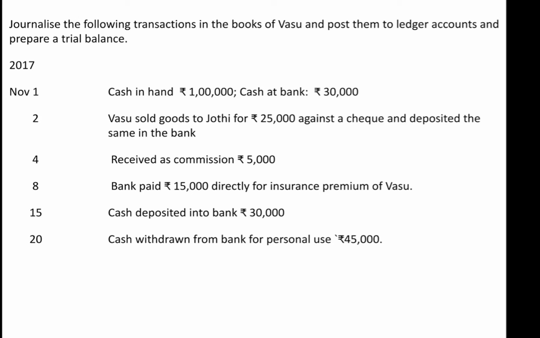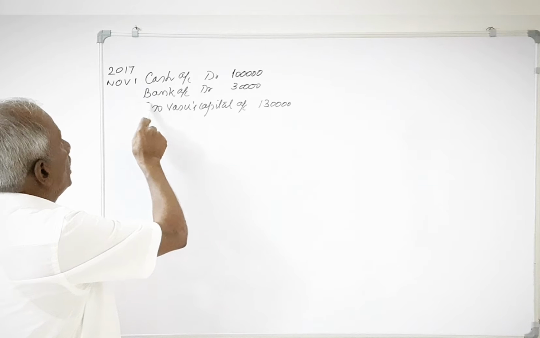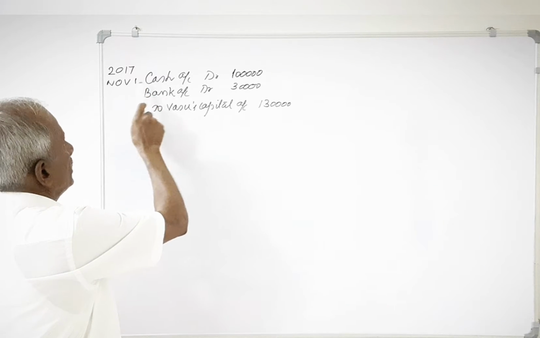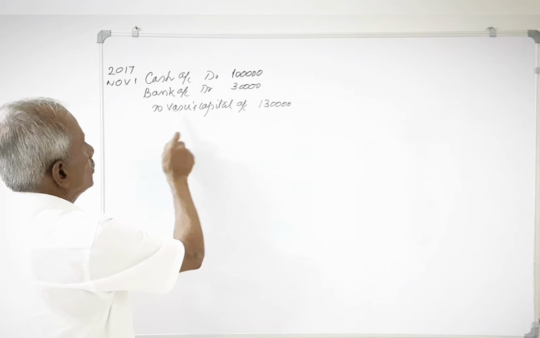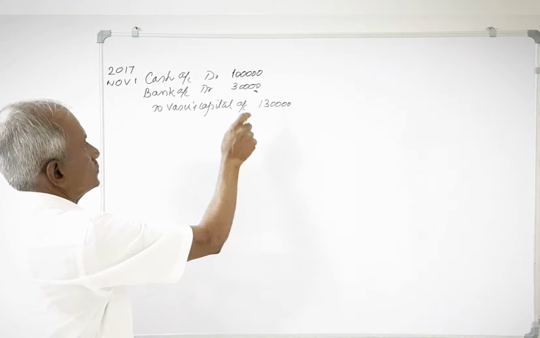Now, let us take this sum as an example. Journalize the following transactions in the books of Vasu and post them to the ledger accounts and prepare a trial balance. 2017, November 1st, cash in hand rupees 1 lakh, cash at bank rupees 30,000. These two amounts are opening balances. So, the journal should be